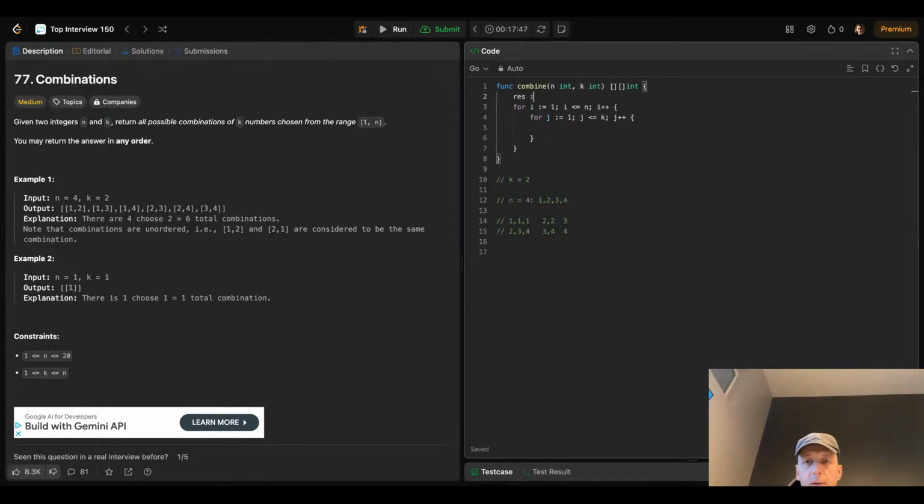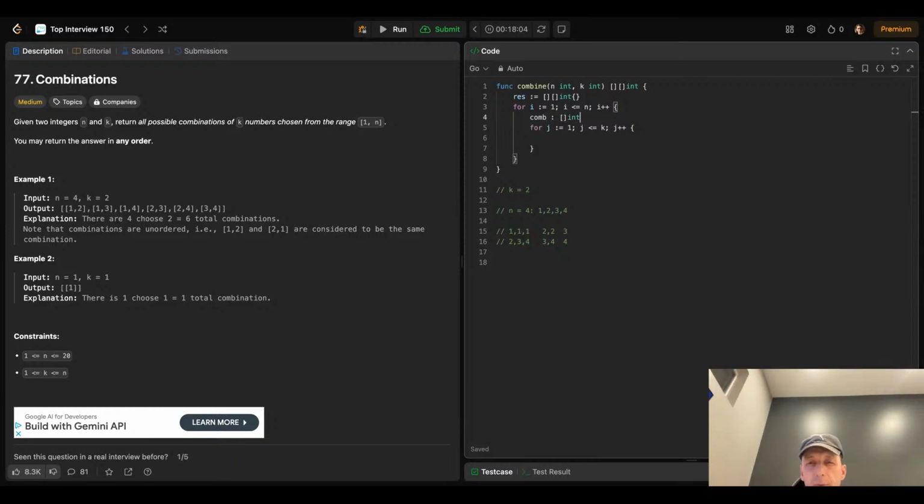We need result, a slice of slices of integers, and on each one we'll create this combination. It's a slice of integers, and we will say